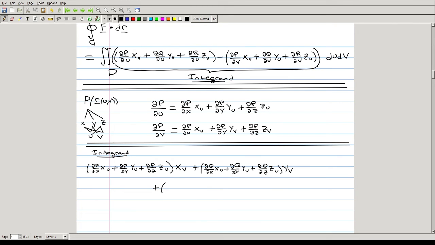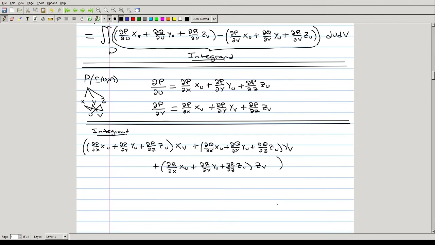And then lastly we have to add here the terms coming from this term right here, which is dr/dx times xu plus dr/dy times yu plus dr/dz times zu, all times zv. And this is the first terms in our integrand, so I'll surround all of this in a big parentheses. And now we have to subtract out